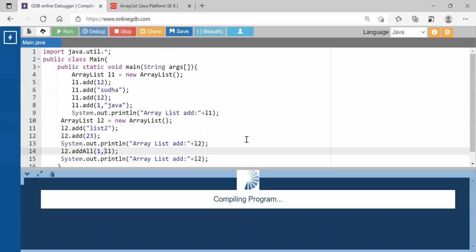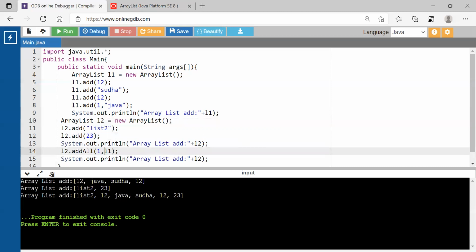Let us look into the output for clear understanding. As you can see, this entire part is your list L1 and this is your list L2. Now I have added the list L1 at position 1. You can see this is the added list which has been added at position 1. So this is regarding addAll.